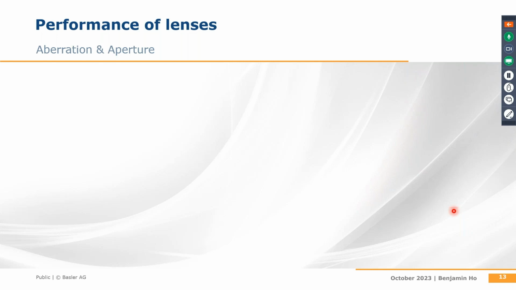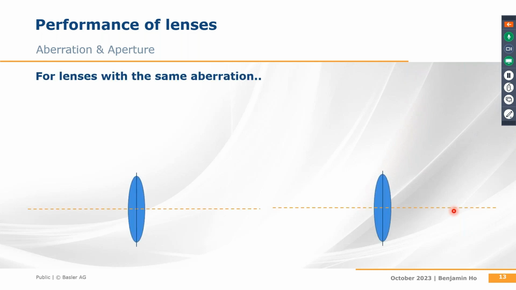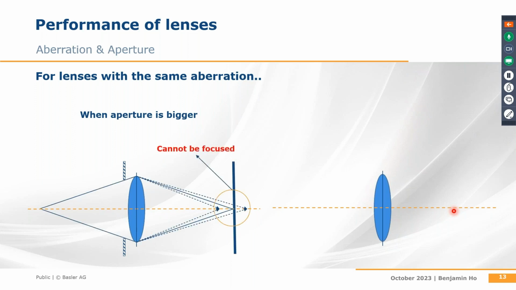As you know, the aperture of the lens does not simply control the amount of light. Adjusting the aperture also affects the lens aberration and diffraction. Let's see the relationship between aberration and aperture. As shown in the diagram, when the lens aperture is open, the aberration increases. Aberration occurs because the rays of light passing through the lens fail to converge at a single point, causing the image formed by the lens to be blurred or distorted.